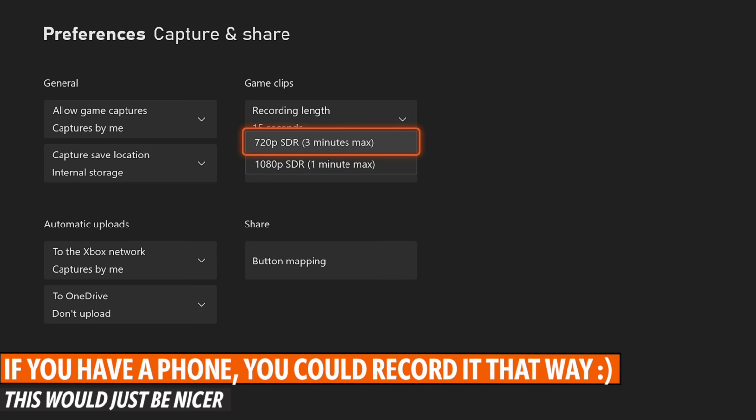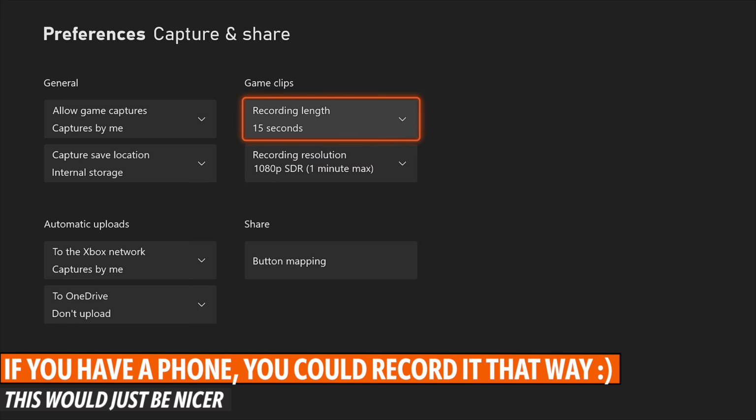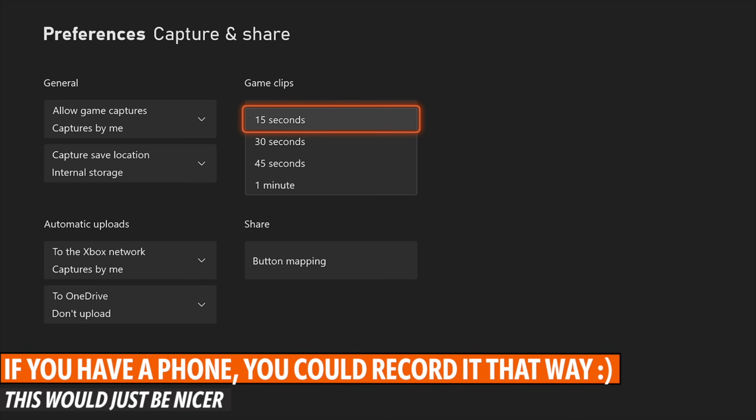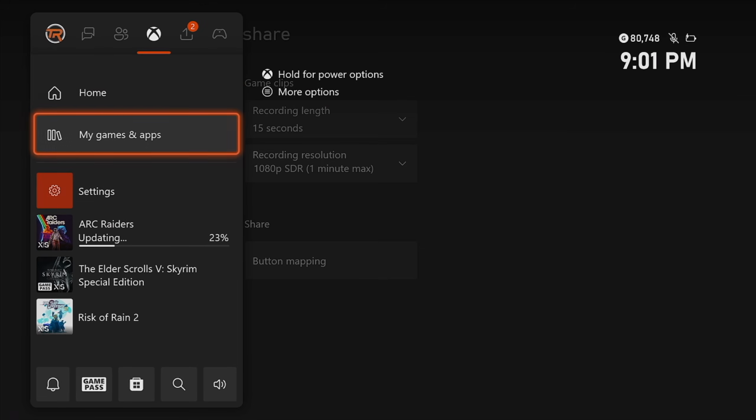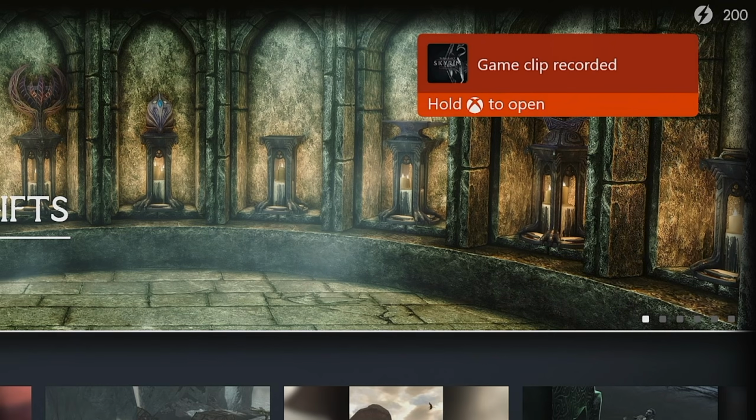You can change this to 720 if you're having trouble getting through all of your list, if you really want to. If you're worried about bringing up the options when you have the guide open, you can change the default clip length here. So when you hold down the share button and record a clip, that would be the default